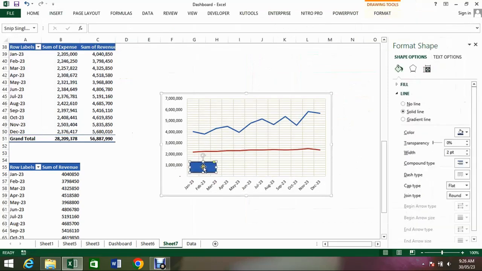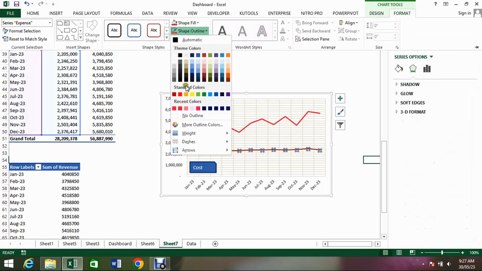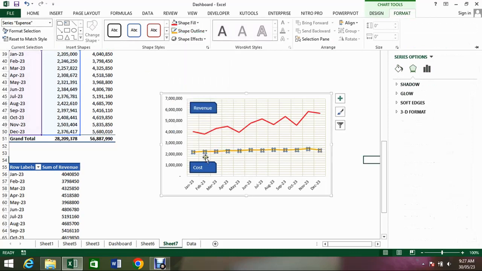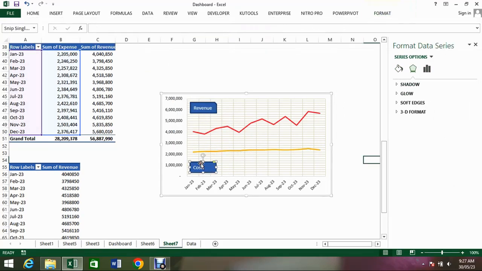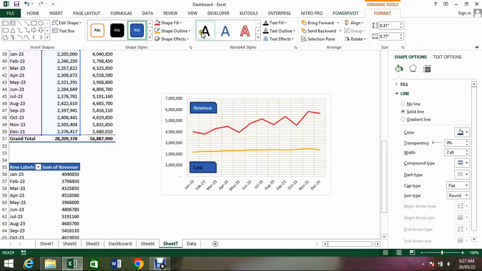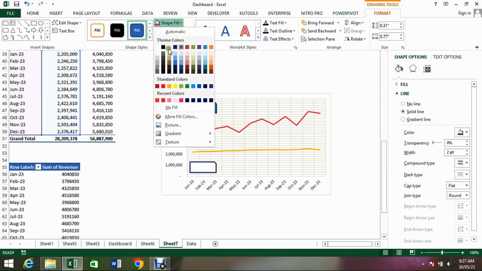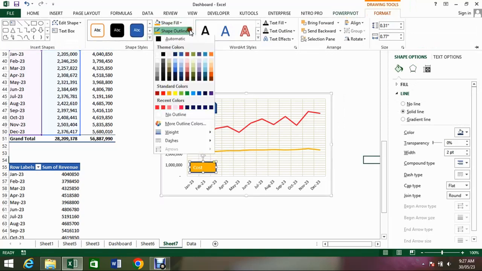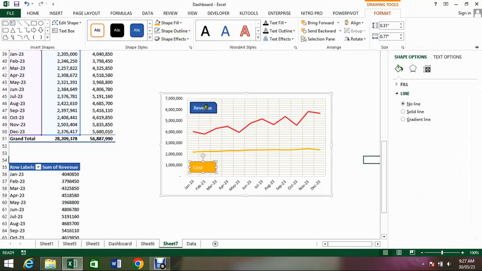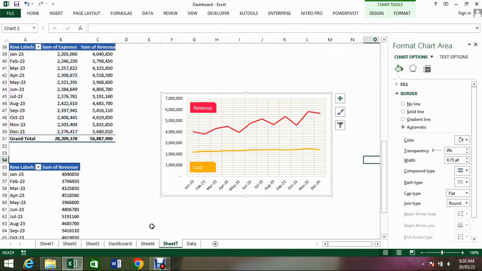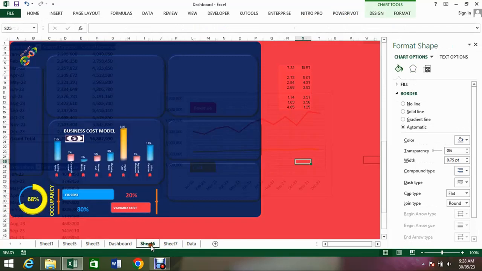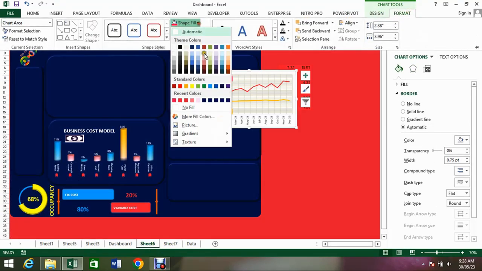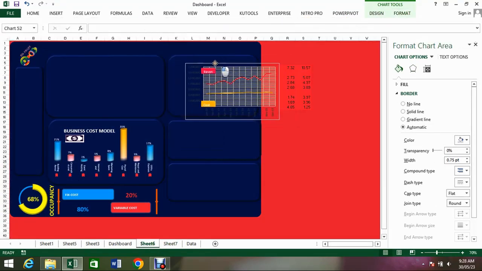Add the data heading through shape options and color the lines and the headings with the same colors. Format the chart with no fill options and paste it onto the main dashboard. Now,